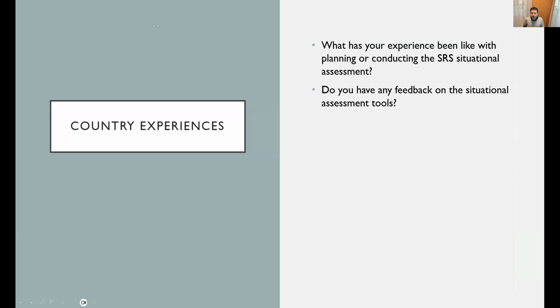Just to wrap up, the idea is to bring you back to the assessment tools and methods that we propose. They are just proposed, so you can adapt them, you can use them or not. But ideally, you would go through some of these questions in a structured and systematic way, so that at the end you can properly inform the concept action plan for the SRS implementation. And I think that's all from my side. Thank you, Sam. Over to you.